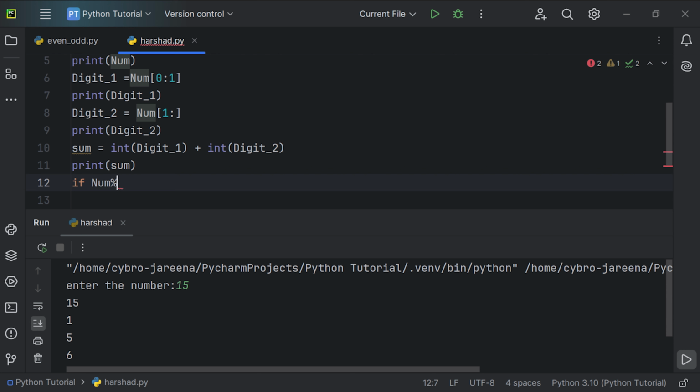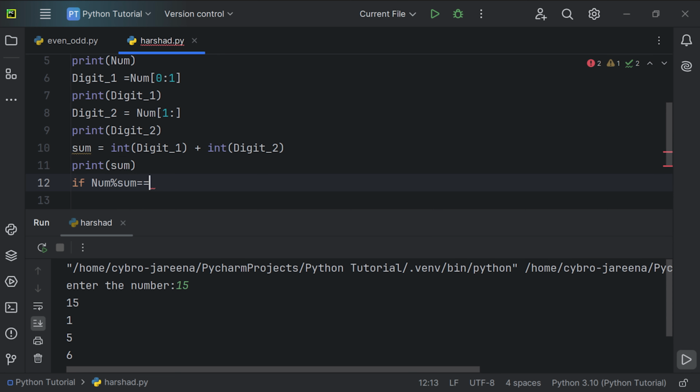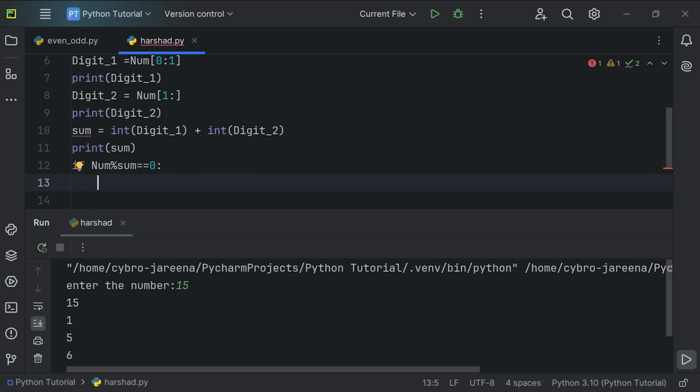So you can just perform the mod operation: num mod sum is equal to 0. If this result is true, then we can print the given number is Harshad or Niven number,